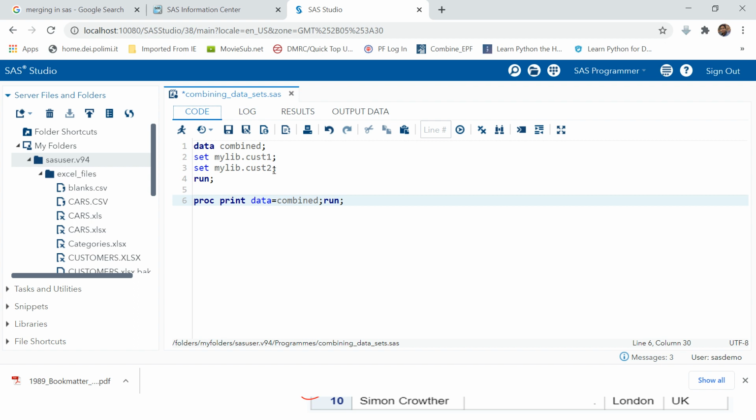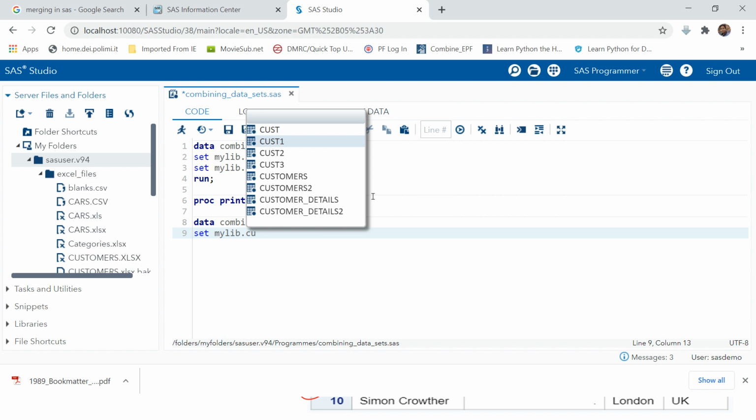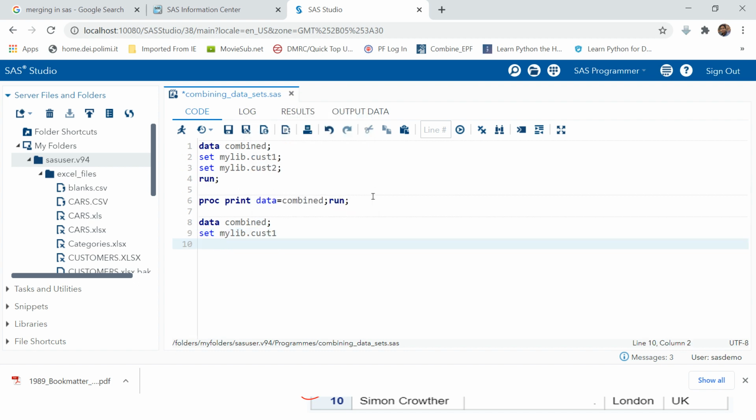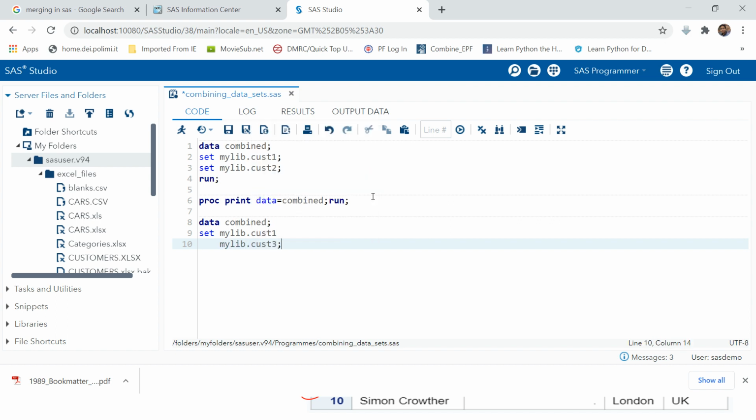Here we come back to the session, and this time we're going to use data bind, set mylib.cust1, and the table which you saw in the example, that exists in cust3. All right, now let's run this.